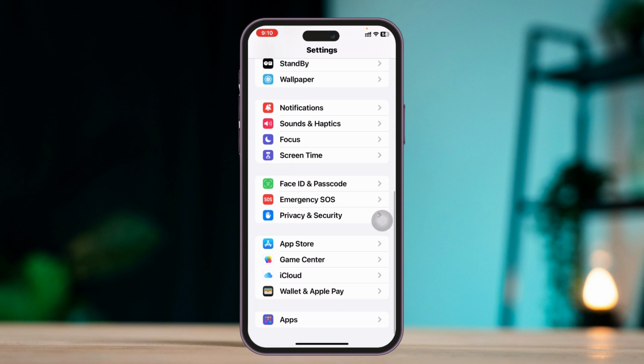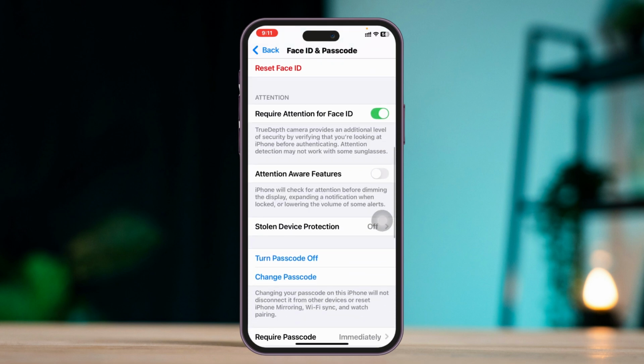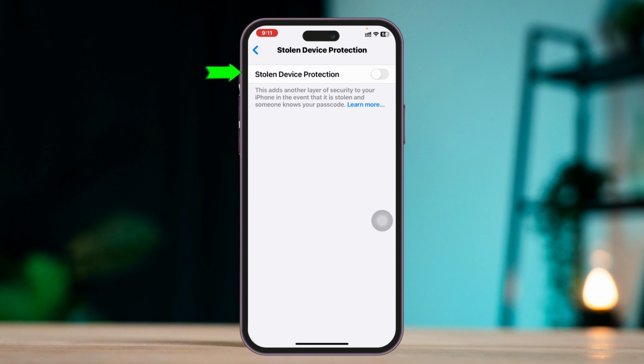And then scroll down, tap on Face ID and passcode. Put your passcode right over here. And from this page, scroll down a little bit, and you'll get to see the stolen device protection. If this option is enabled, go ahead and turn this option off and then get back to your home screen